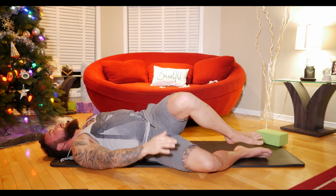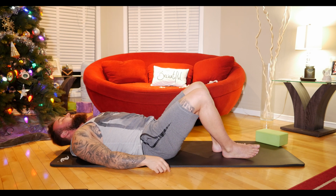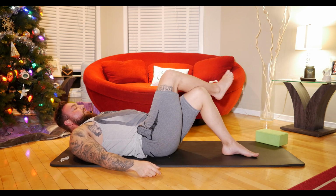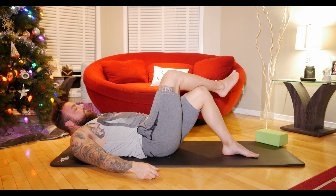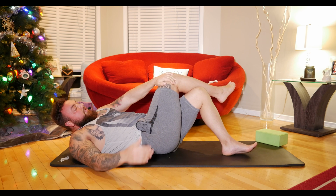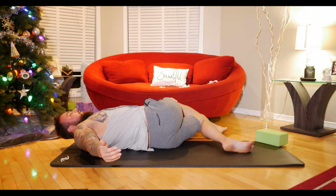Uncross our legs, slowly going back to neutral in the middle of our mat. And then we're going to cross our right knee over the left one. And then using our left hand, we're going to grab onto that right knee and pull those knees all the way down,